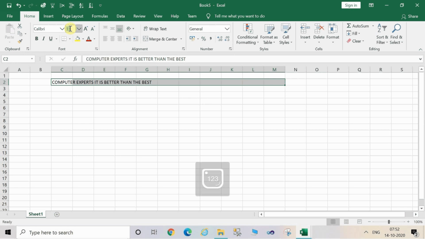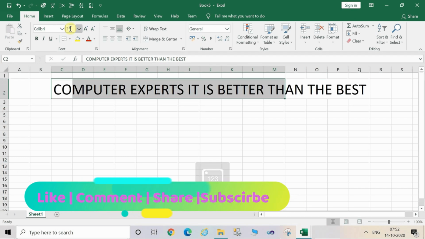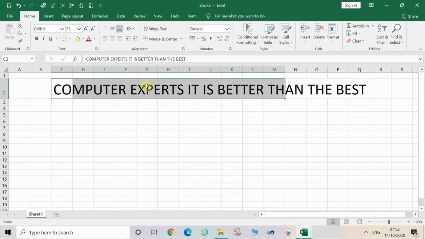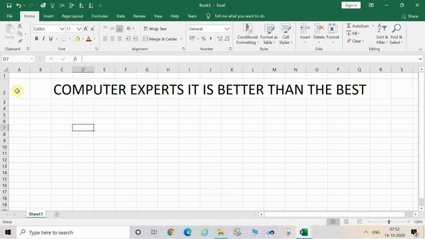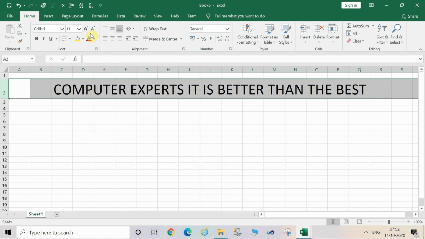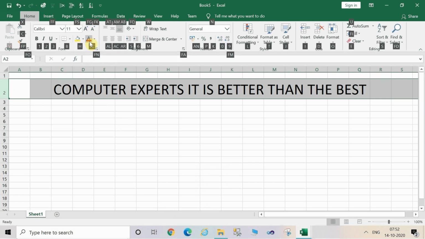And now type here manually from the keyboard, like I'm typing 35. Now the font size will change, right? And now I want to change the color of this text. For this, see the corresponding highlighted key by pressing the Alt and pressing the H, and after that see here it's FC, right?